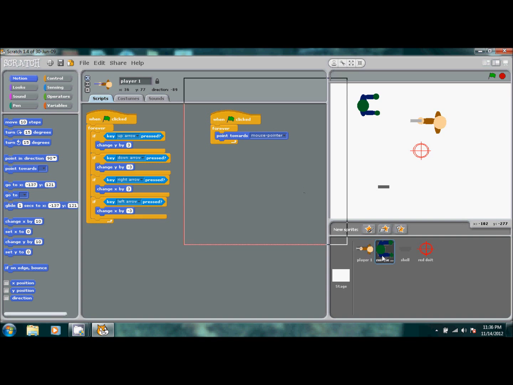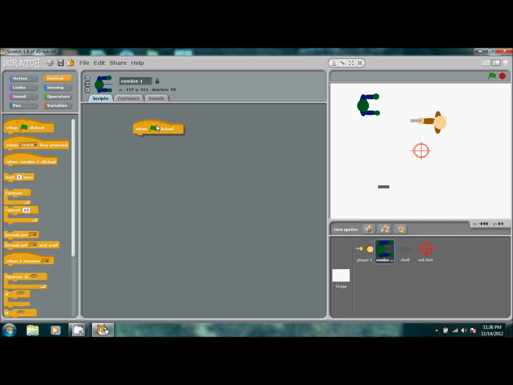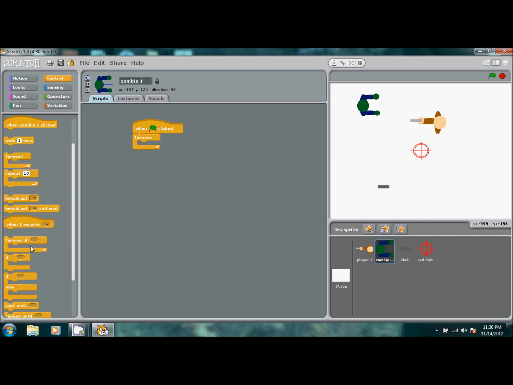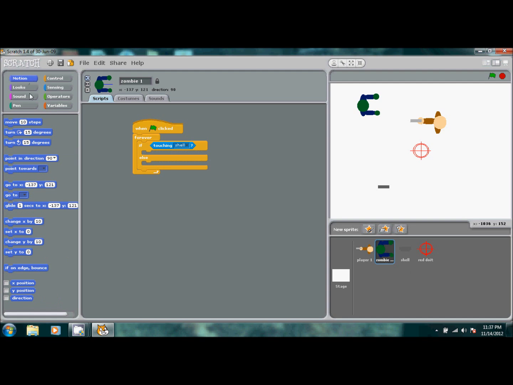And now I'm going to fly through this zombie one, because it's really not that difficult. So when flag is clicked, forever, and you want to pull out an if and else. If touching shell, and shell, that's our bullet. So if touching shell, we want it to move back 2 spaces.